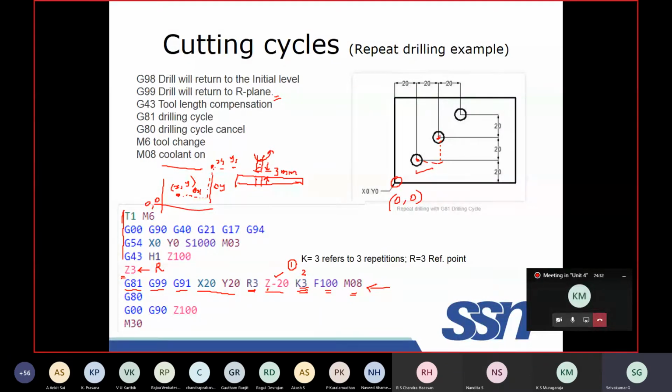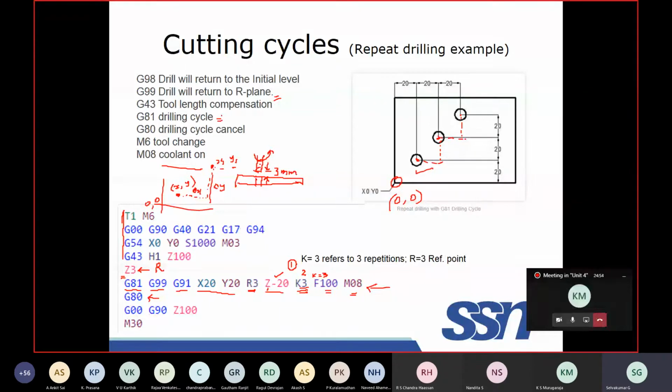From this point, 20 units here and 20 units in Y, it will go here and another drilling is done. Once K has reached 3, it will not execute the same line; it will go to the next line. Here, G80 cancels the drilling cycle.